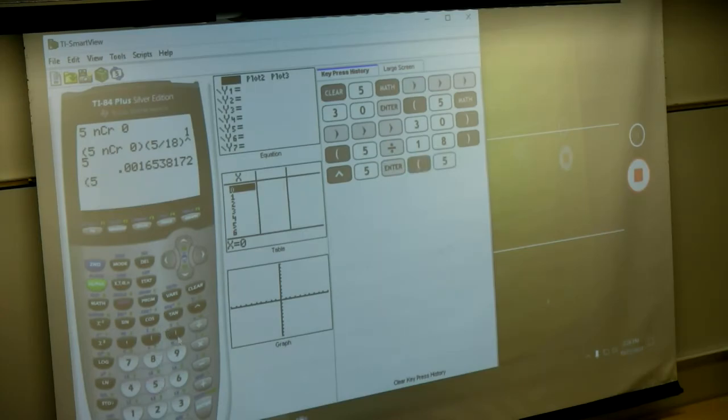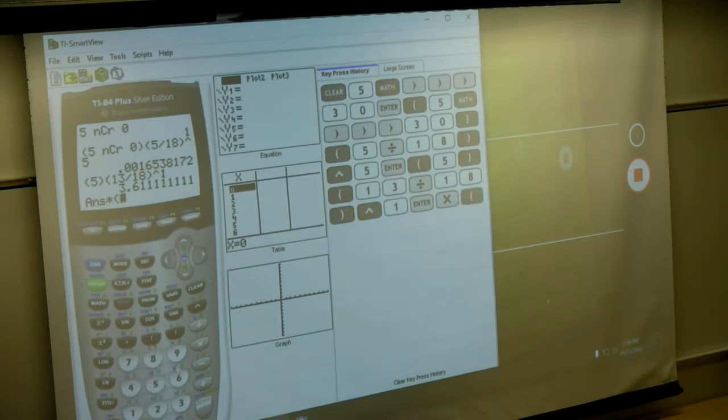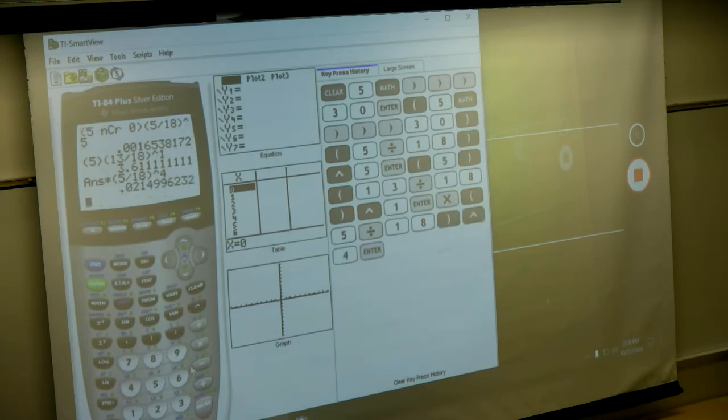So second case, 5, 13 over 18, raise, how many? 1. And then 5 over 18. Multiply that by 5 over 18, raise how many? 4. The next one is 10. Multiply by